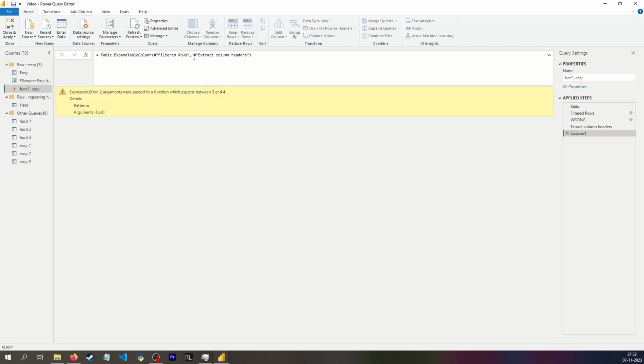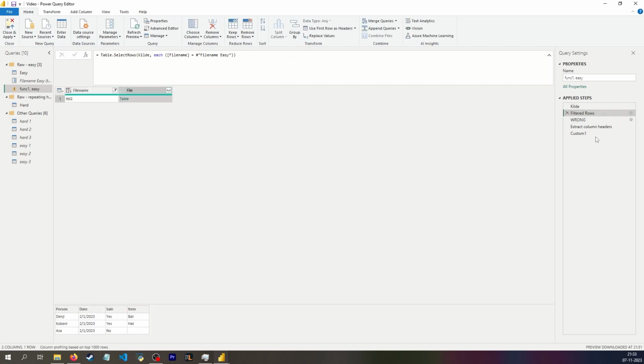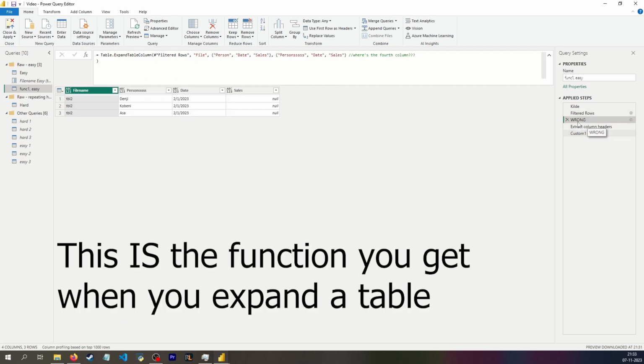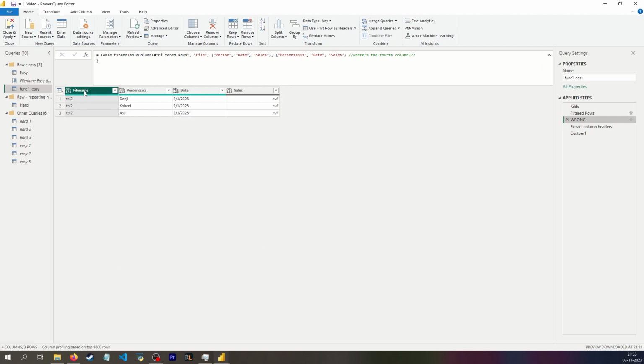And I don't just want to extract it because where am I getting the table from? I'm getting that from the column file. So I will add that here and then it'll extract it. And the nice thing is that this is functionally the same thing as just expanding it, which means I keep this file name column. And in this case, I do want to keep this because I can then append all